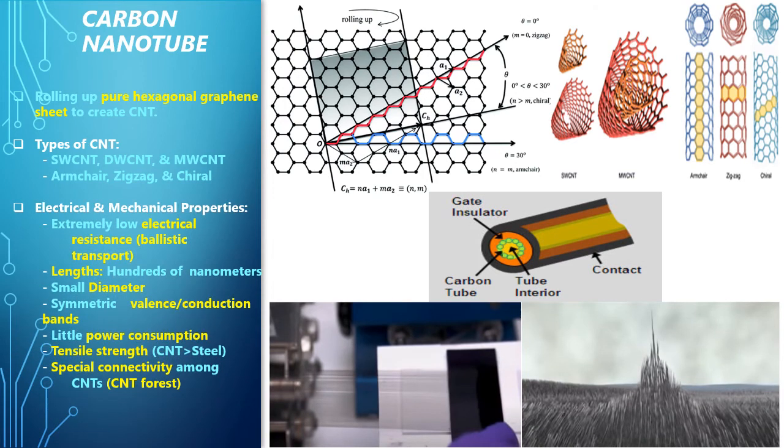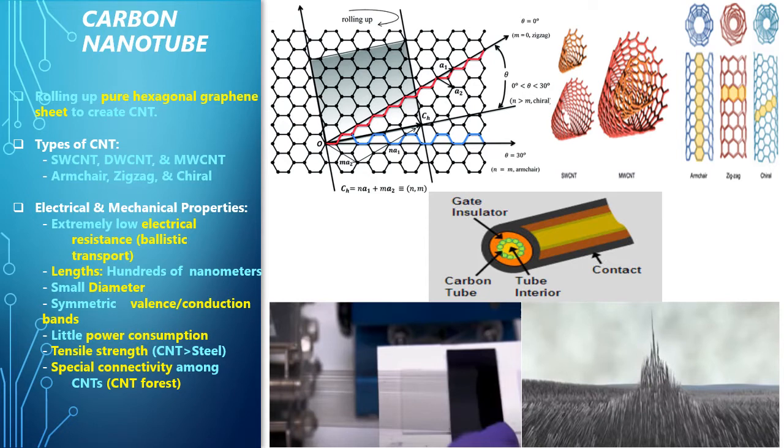Researchers have discovered its outstanding electrical and mechanical properties. They are the extremely low electrical resistance, which results in ballistic transport. Lengths of the carbon nanotube can be as large as hundreds of nanometers. Diameter is small. Valence and conduction bands are symmetric. Low power consumption. Carbon nanotubes' tensile strength can be as